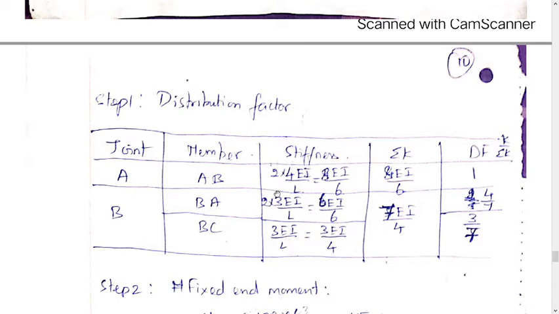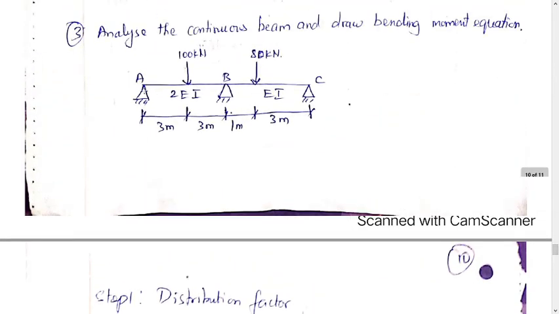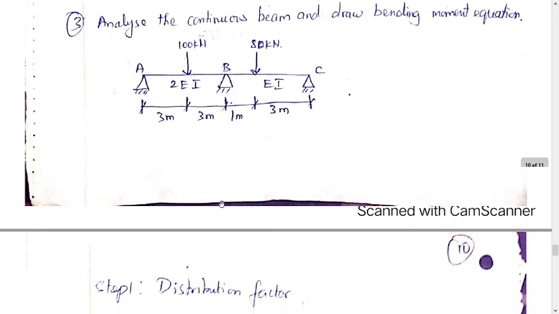So 4EI by L is the stiffness, and it should be multiplied by 2, and here for BA also it is multiplied by 2. For BC it is only 1 EI, so you are applying only 1 EI here, that is 3EI by L. So here EI is 1 EI, here the EI is 2 EI, so I'm multiplying by 2. So this is the difference in applying these different EI values. So what are the changes? For AB and BA alone you will apply not EI, instead you will apply 2 EI. For BC and CB you will apply only EI.